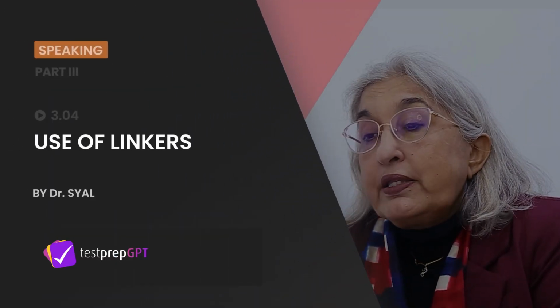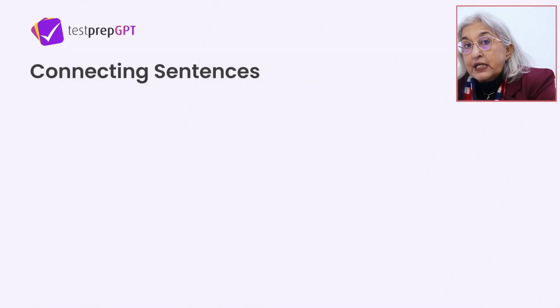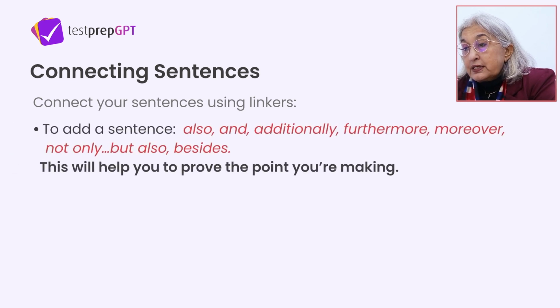Now, one thing that is very important in such kinds of extended sentences and discussions is that you have to use linkers. So you have to link one sentence with the next sentence. You can connect your sentences using linkers. To add a sentence to something, so you make a point and then you want to add another point to that, you can say also, and,